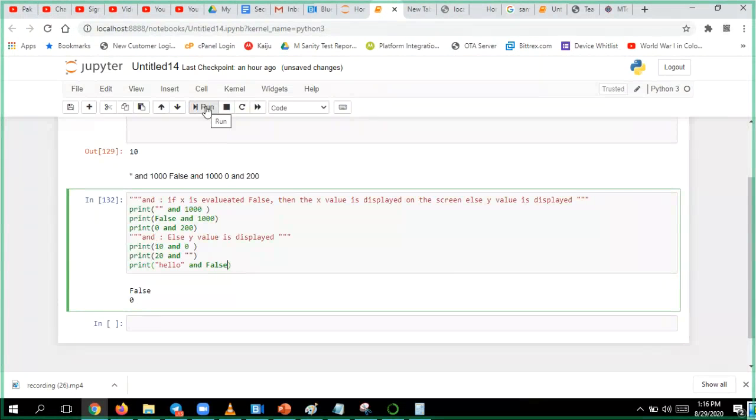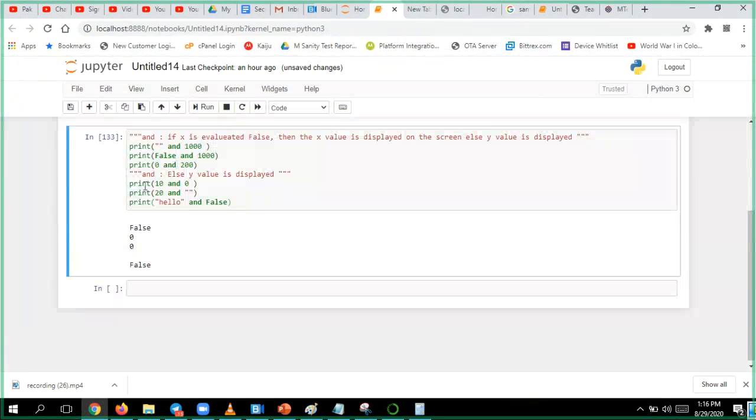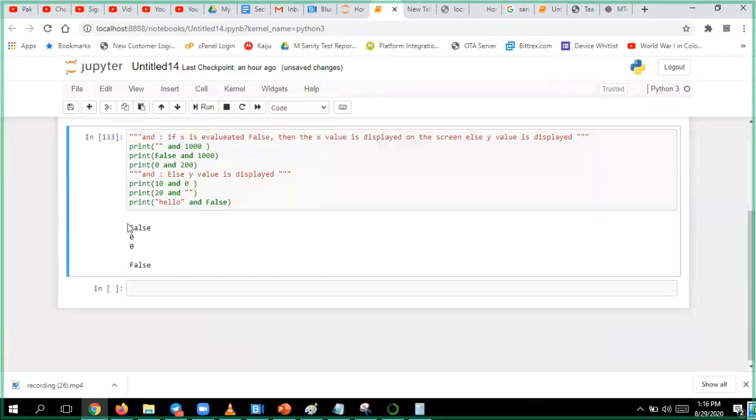I will get a total of 6 lines. If you see, here one gap and here one gap is there, don't worry about that, because they are displaying this empty string here and this empty string on the first line. So what did I say? If the first value is false, then it will display that first value. Here it is not, so it will display this one. Yes, it displayed 0. Coming here, the first value is true, so it will check here, and whatever is there it will display. For AND, it is this.